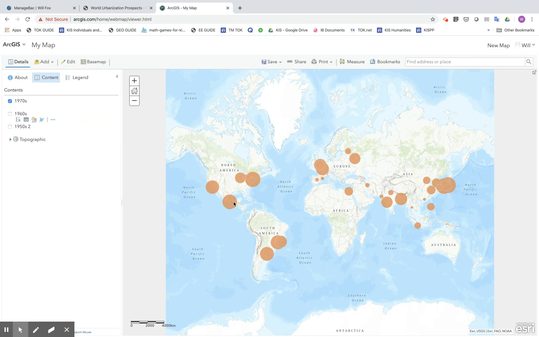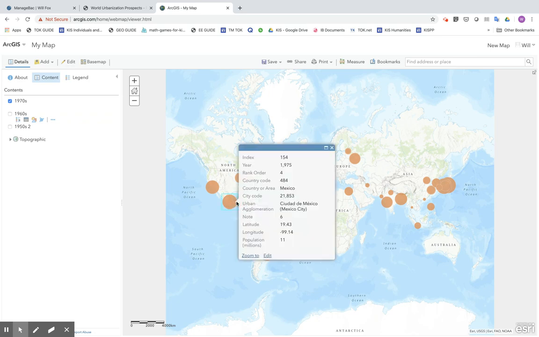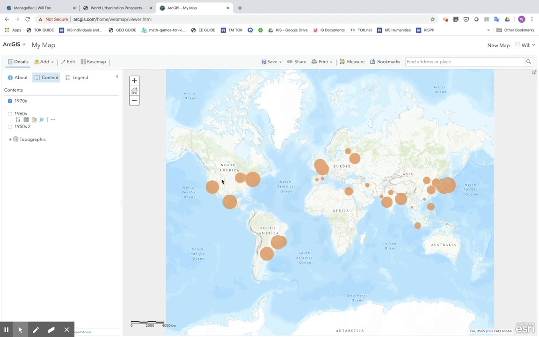And if you click on this, you can see the name of the country, the name of the city, and the rank order. So this was the fourth biggest city in the 1970s. Okay, so you're going to keep on doing this until you get to 2030s. And then once you've done that, once you have all your layers, make sure you click on Save,